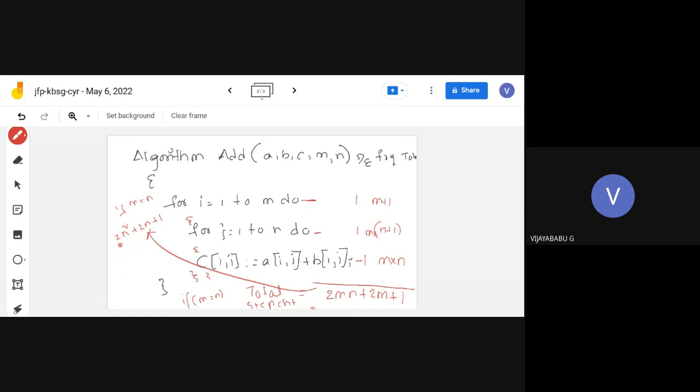So we are going to consider the highest degree, n square. So n square plus something, this is a constant, order of n square. So usually like this, we are going to find out the time complexity from this step count. In a similar way,